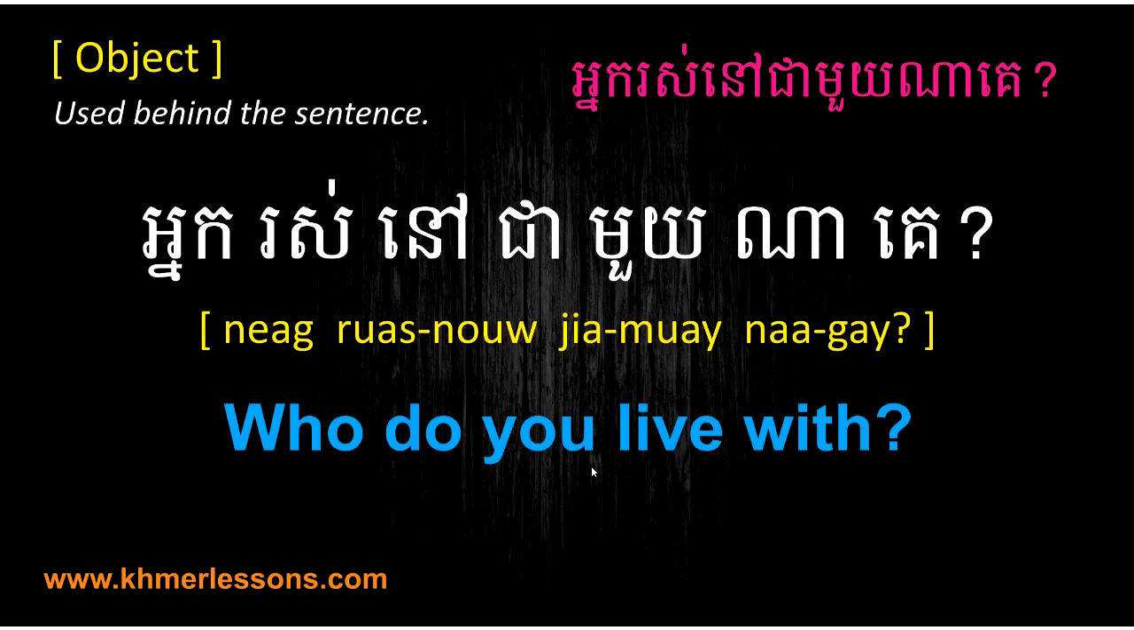So in Khmer you say nè. You see, I start with you. Nè is you. Rốt nợ means to live. Chia môi means with. Na ke is the word who. I use it behind the sentence. So you live with who? Okay, I read the sentence for you again. អ្នករស់នៅជាមួយណាគេ